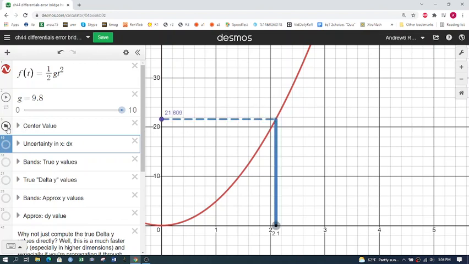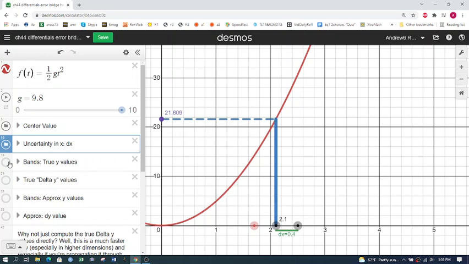Let's show the center value. So the time we got on the stopwatch was 2.1 seconds, which corresponds, if we go up to the curve and over to the y-axis, to a value of 21.6-ish meters. But we know that there's some uncertainty in the measurement, so we said there was about a plus or minus delta x value. Delta x is shown down here in the green band,